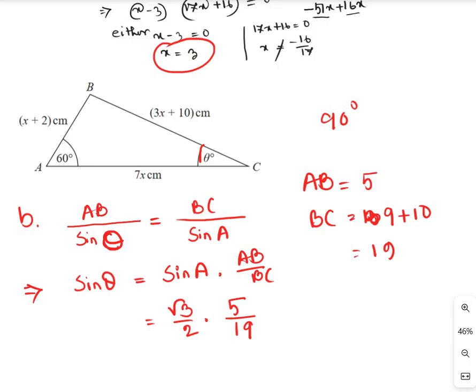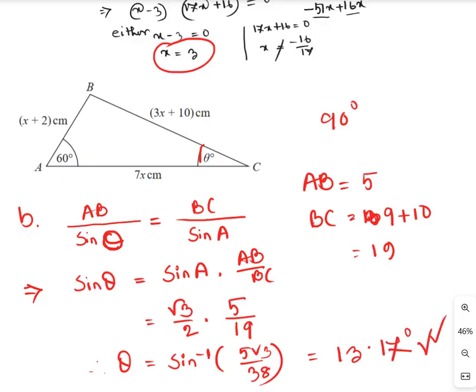So what will be the value of theta? So theta is equals to sine inverse 5 root 3 over 38 is equals to 13.17 degree. So this is the value for